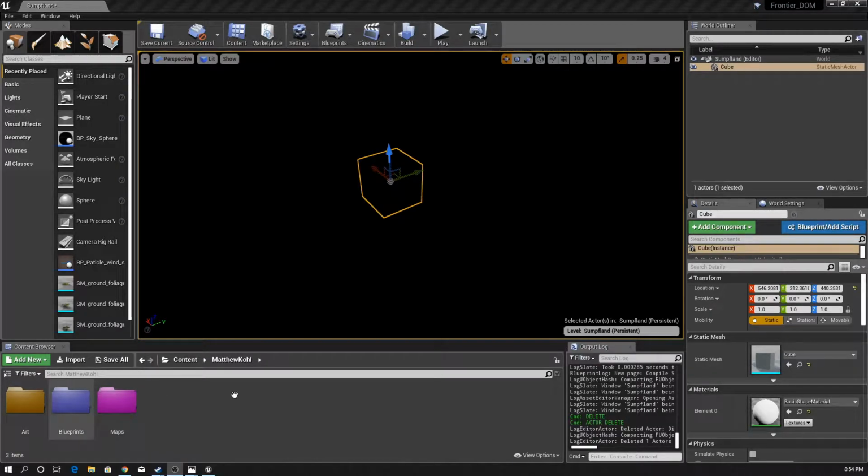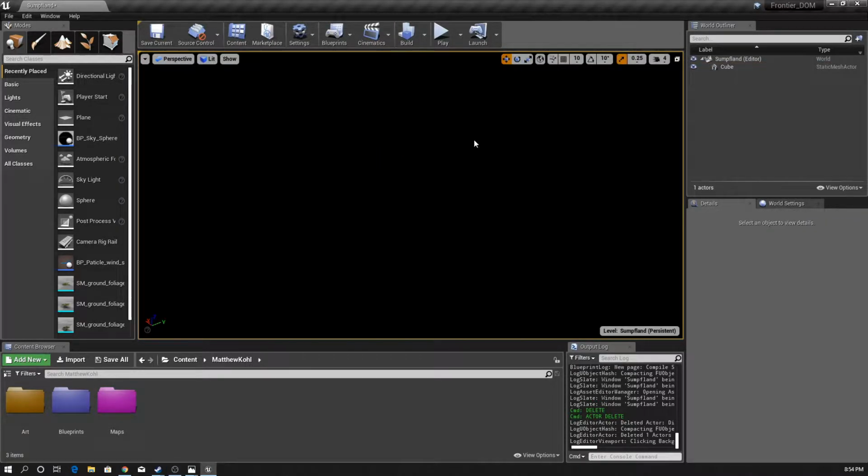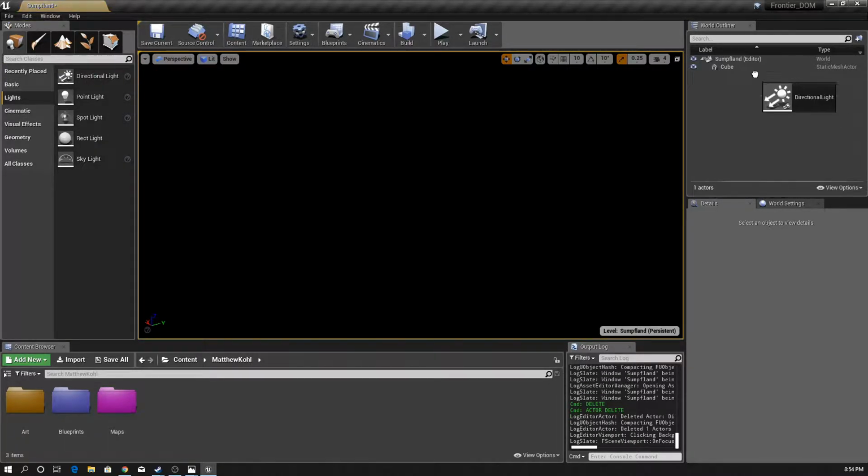Hey guys, this is a simple tutorial on creating a prototype day-night cycle within Unreal Engine 4. As you can see, I have opened a brand new scene with nothing in it except for a cube that we cannot see because there is no light. So let's add our directional light,